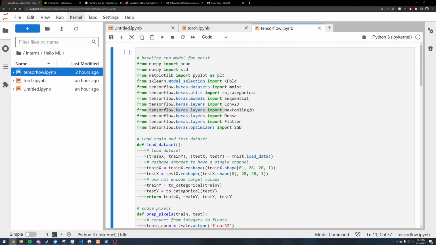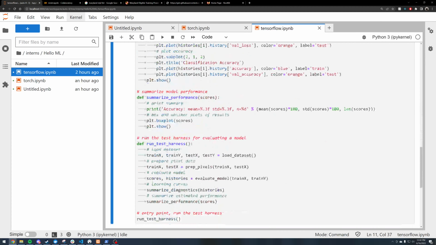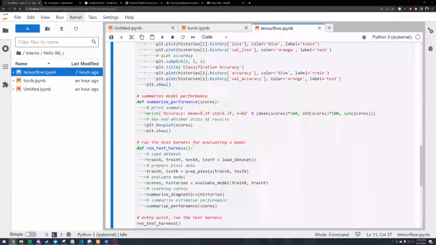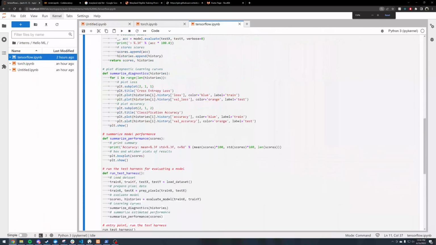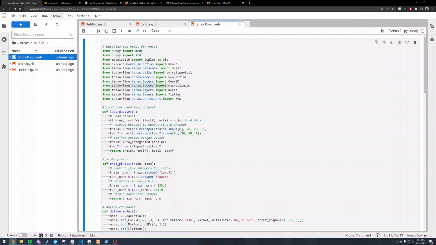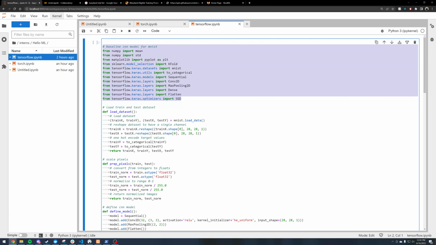So we'll go through the TensorFlow example here first, mostly because I grabbed this from online. I have not run this one, so I have no clue if it works or not. So I'm going to go through formatting now for